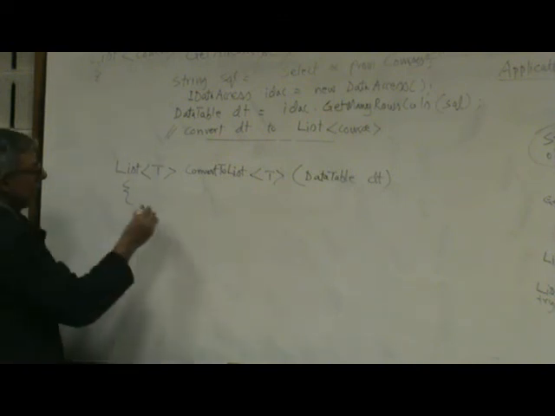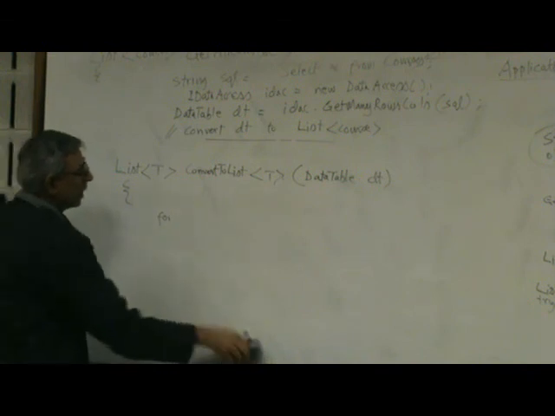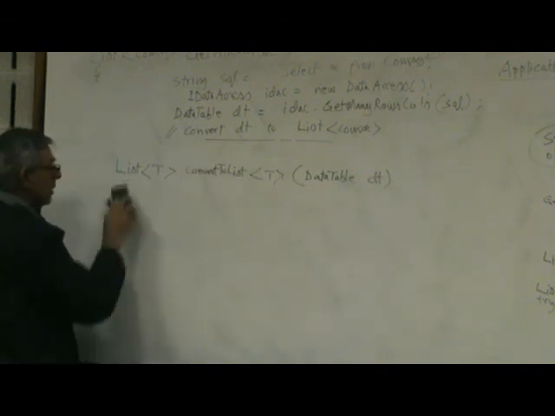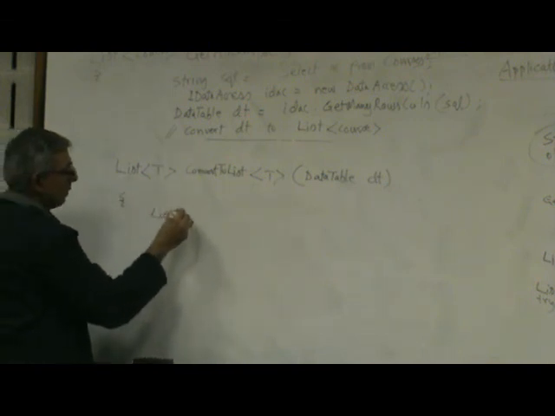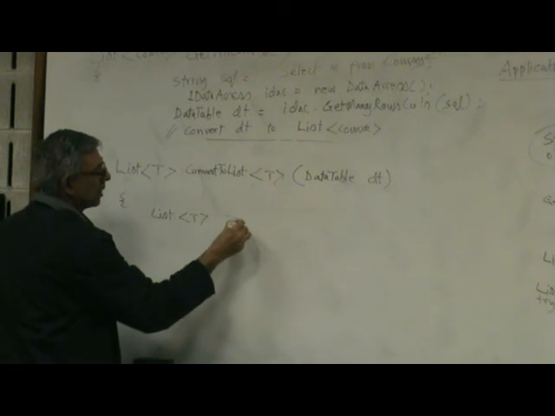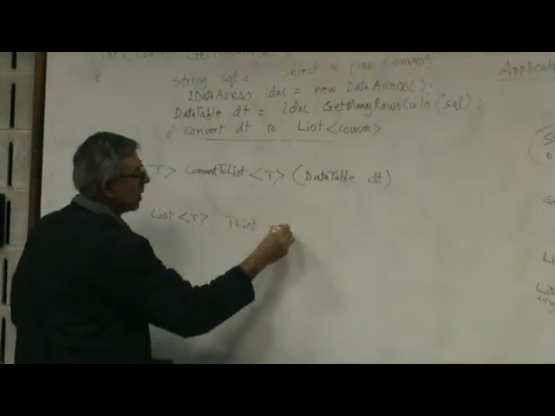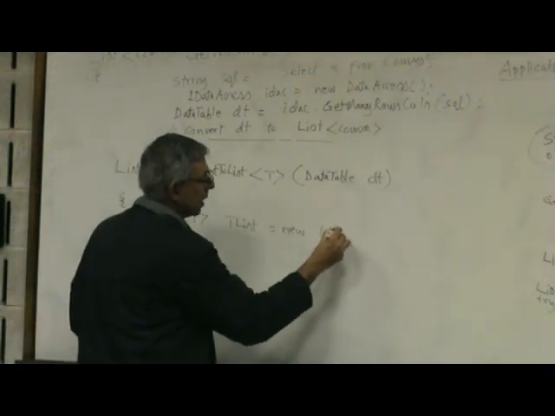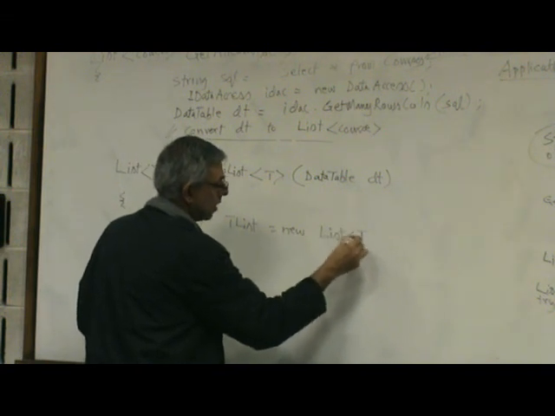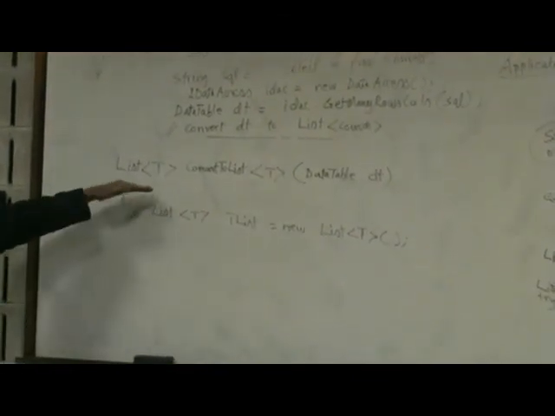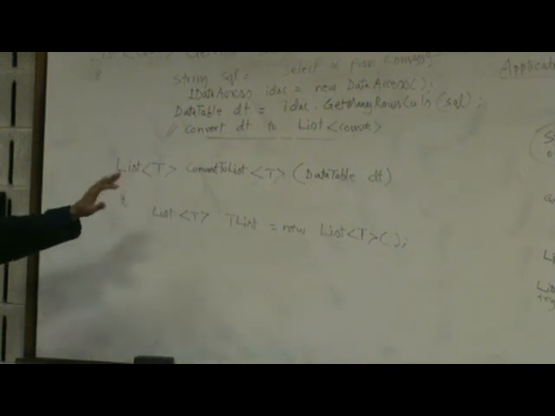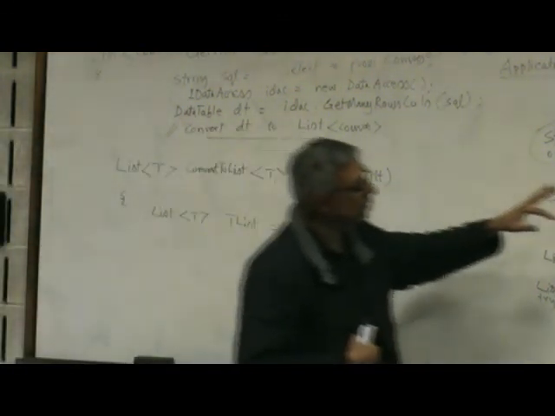Okay, so now let's start writing the code. So first we'll create this list over here. So we will say list of T, let me just call it T list, equal to new list of T. Right, everybody agrees? Okay. For example, if we were doing this part,